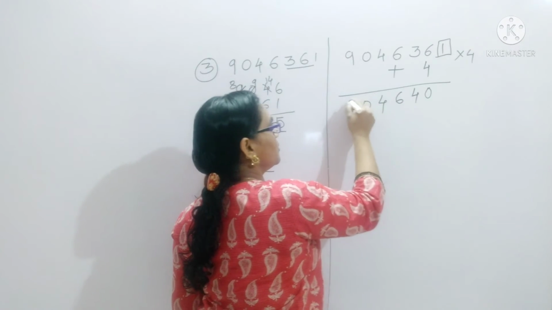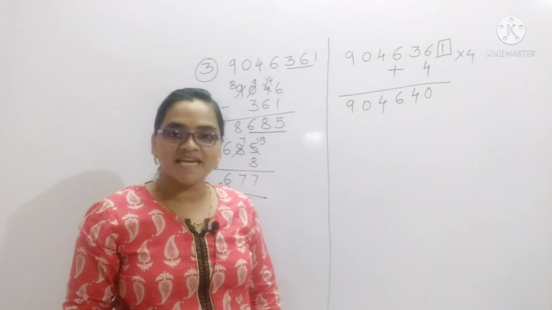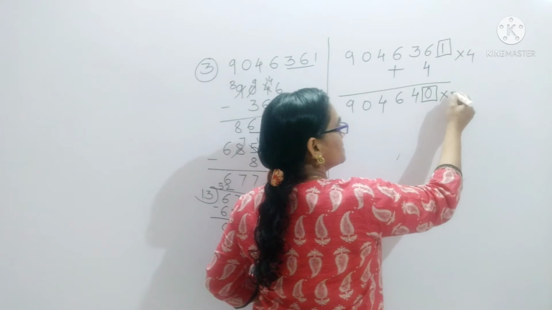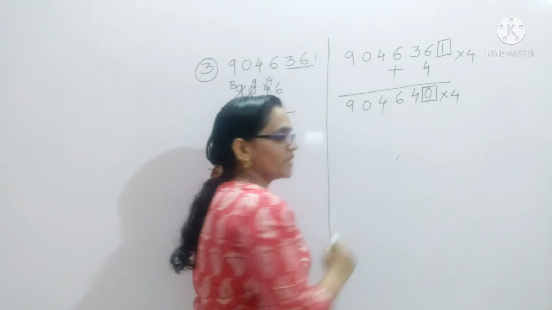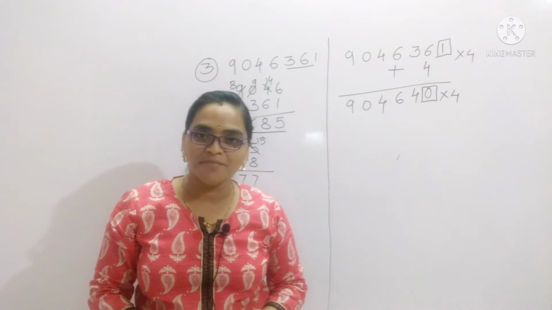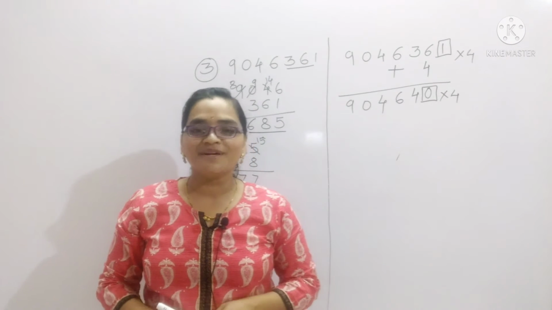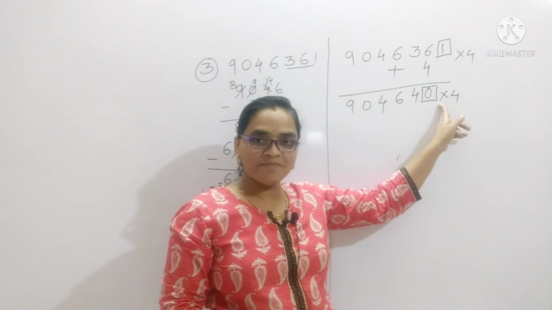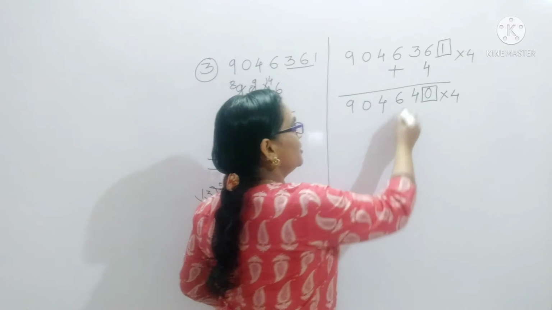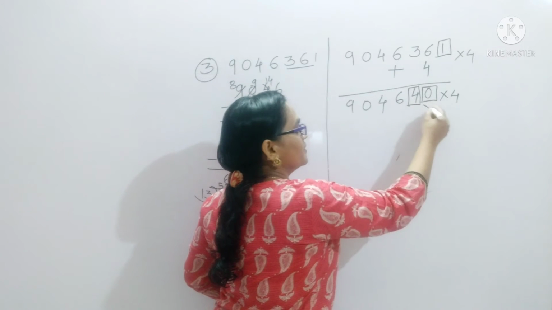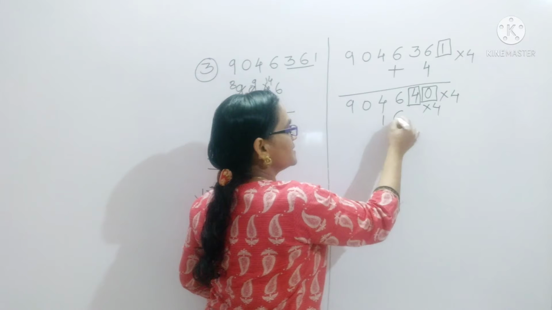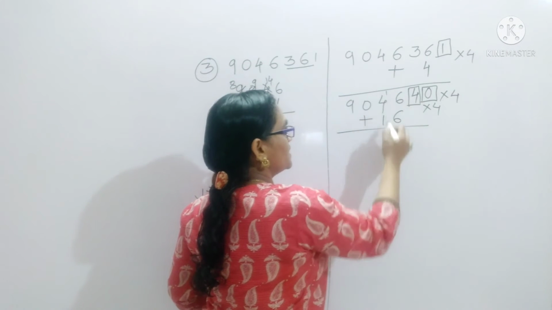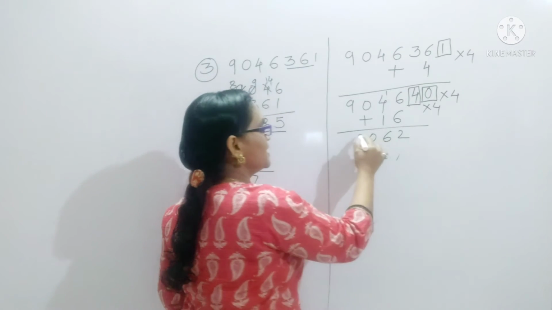6409. Now again check the ones place digit. But here see, we got the ones place digit as 0. And we know when any number is multiplied by 0, the product is 0. So we are going to skip this step. Then continue the next step with this 4. 4 4s are 16. Add 16 to the remaining number. 6 plus 6, 12. 1 carry. 4 plus 1, 5, plus 1, 6, 0 and 9.